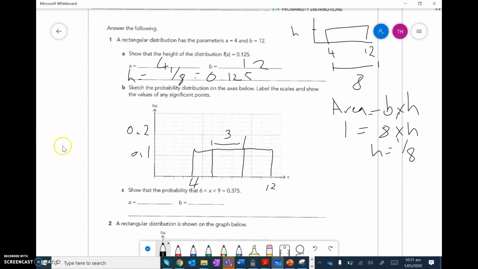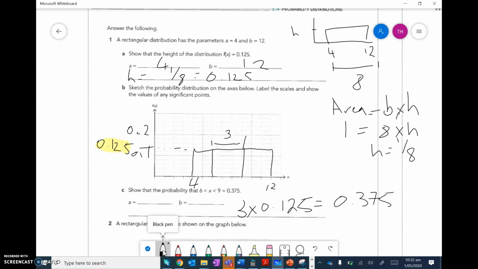So that means I'm going to have 3 lots of my height, which I should have put on here. 0.125 is my height across to here. So that's my height. So my range is 3, so I'm just going to go 3 times 0.125, which equals